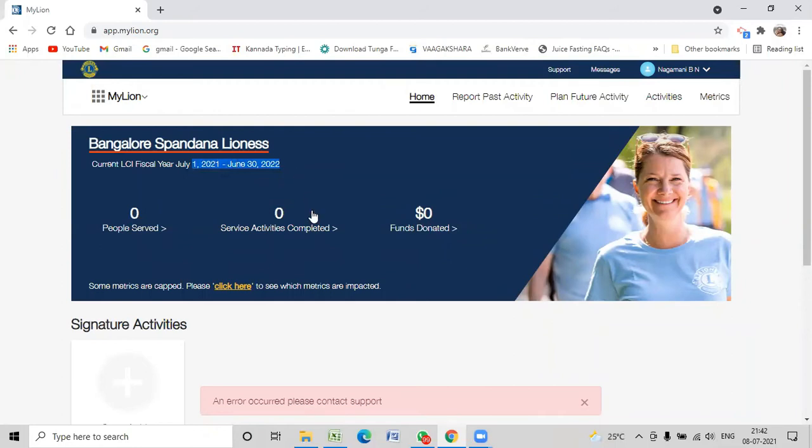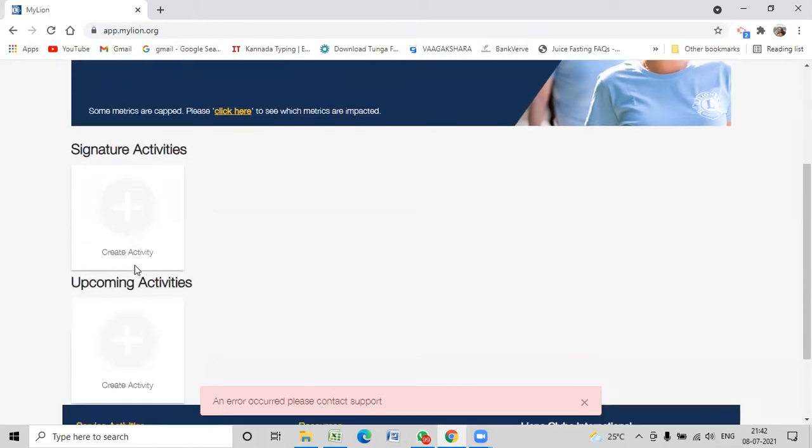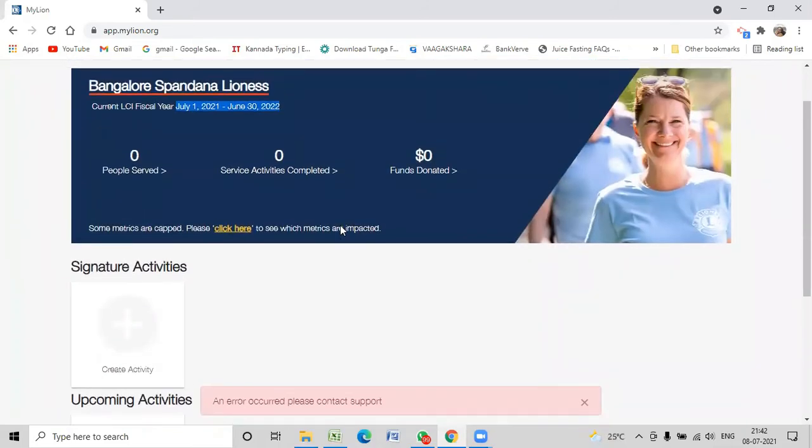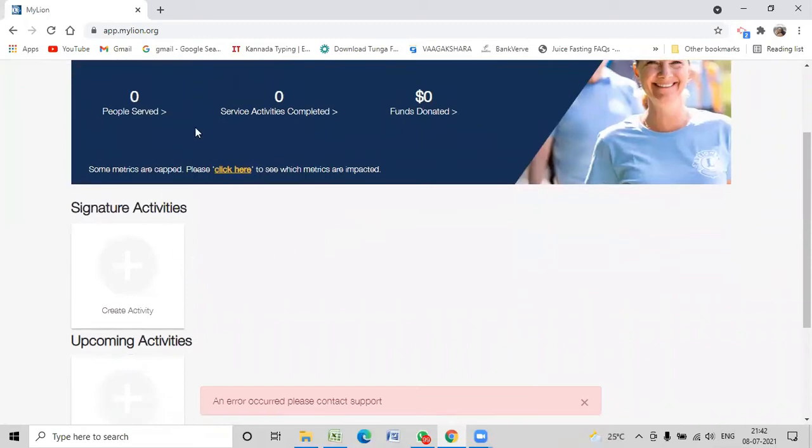2021-22, we as LCB Spandana haven't started any activities because we have not yet been installed. Okay, the new club officers have not yet been installed, so we haven't started any activities, and that's the reason the people served, activities completed, and funds donated are showing at a 0. Now I will show you how to look at the previous year's metrics as well, but before that, let's understand